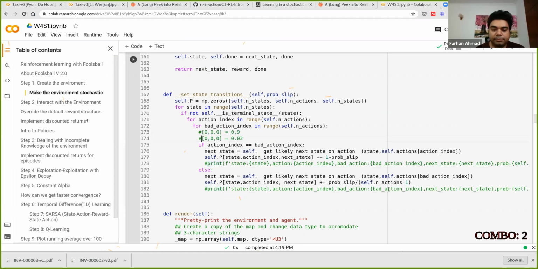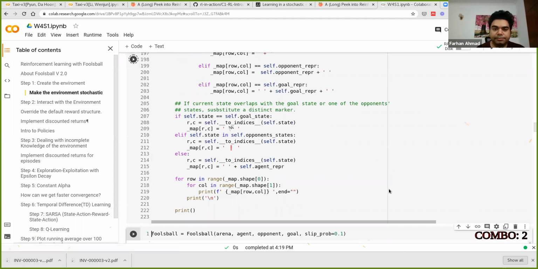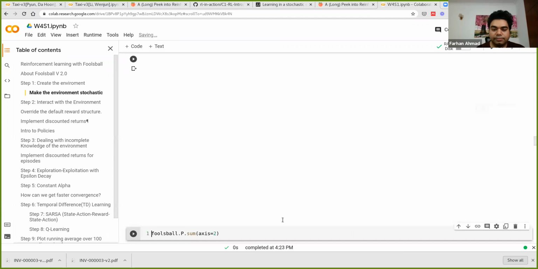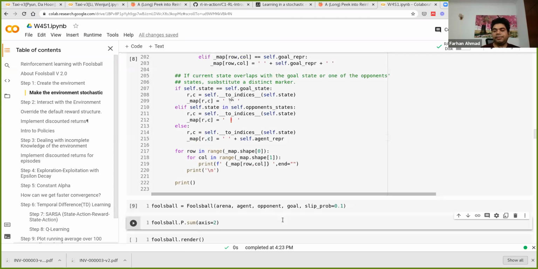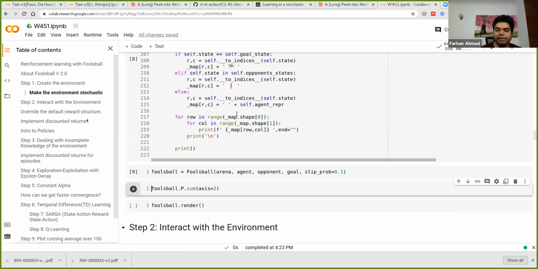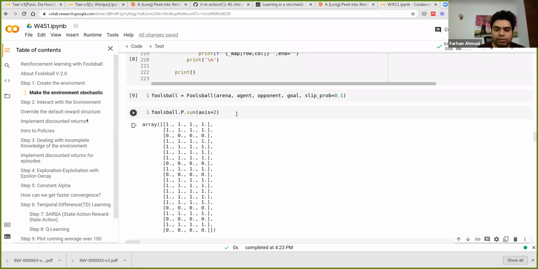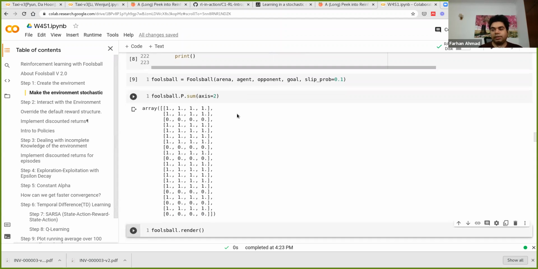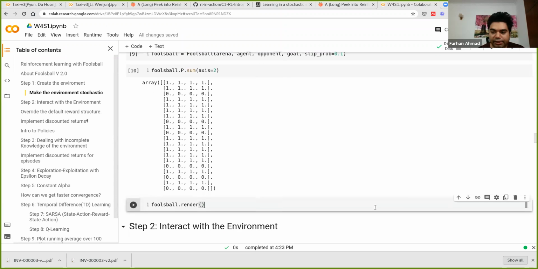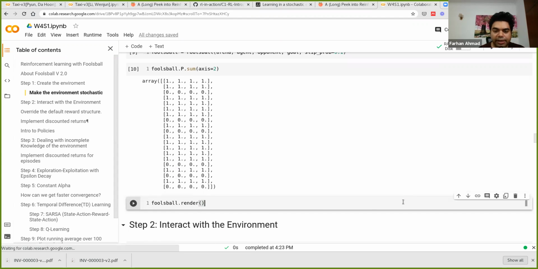And there is this sanity check over here, which basically tests that your probabilities are summing up to 1, right? For every state and action pair, there are 20 different possibilities. So does the probability of those 20 different possibilities sum up to 1? This is ensuring that. Before I run the next cell, I would just like to actually look at one of these